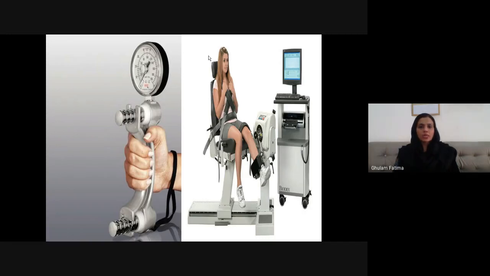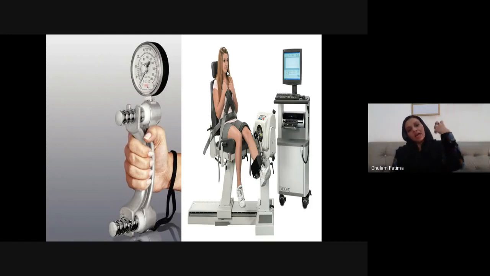As you can understand by the name, iso means same and kinetic means movement. So this is the apparatus that makes the patient perform an activity at a similar speed. As you know, the angle of pull and the muscle tension and length relationship vary in different parts of the range. In the initial range the angle of pull is different, in mid range the angle of pull is different. At 90 degrees the angle of pull is such that you can generate maximum